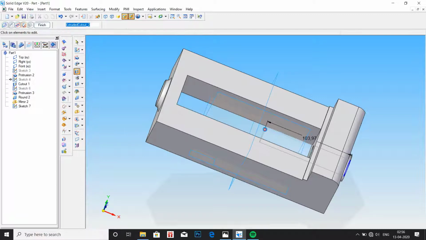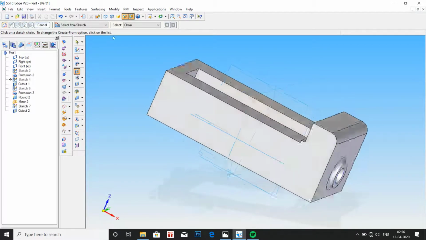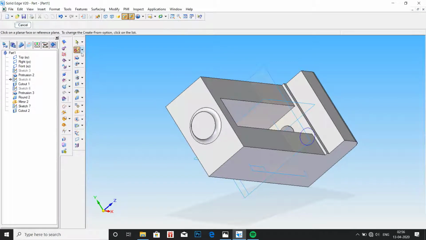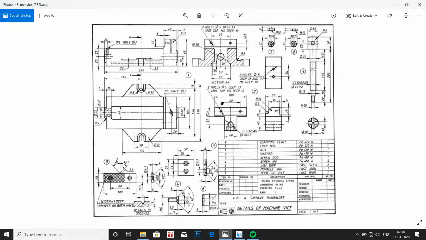Do not drag it completely out of the body, because on the other side we have to produce a hole of 12 mm diameter. So go to sketch, select this surface here, draw a 12 mm circle and then create a hole.